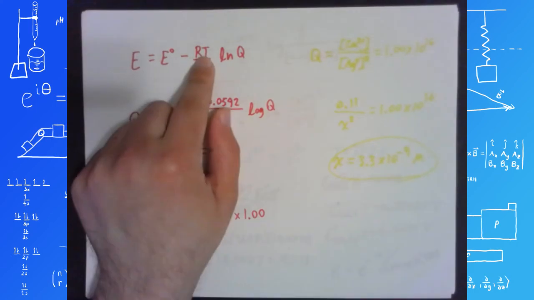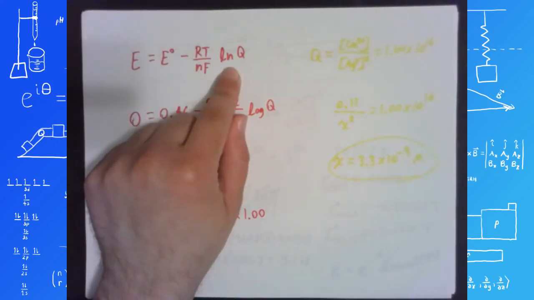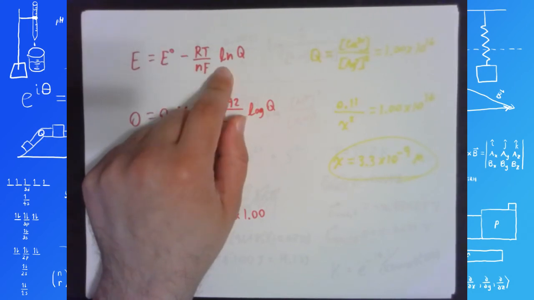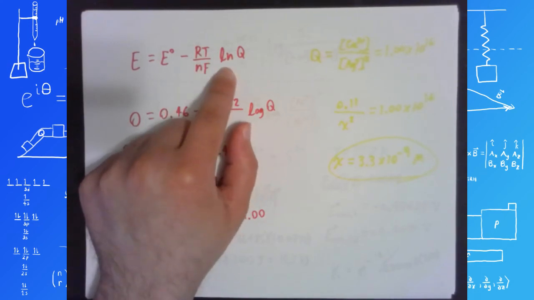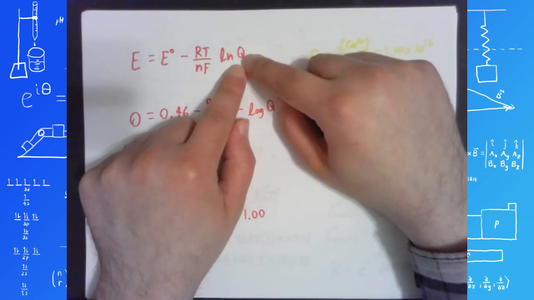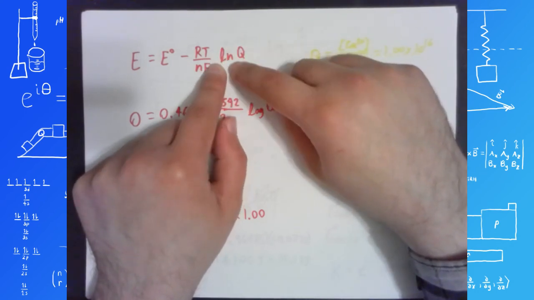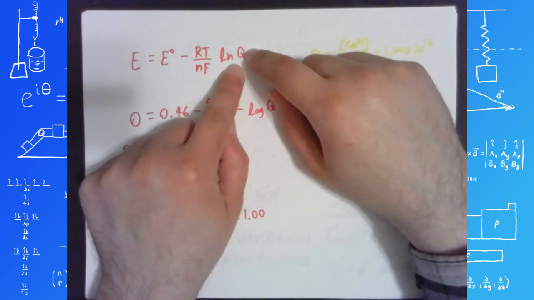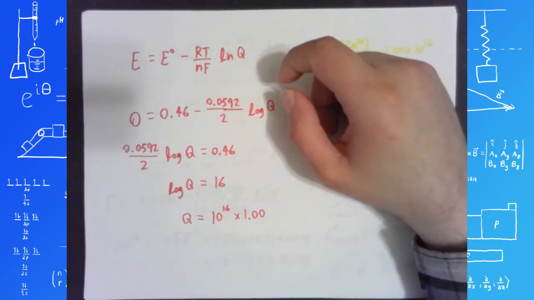Lowering the temperature would lower this value. If Q is small enough that the natural log of it is negative, that is if Q is less than 1,